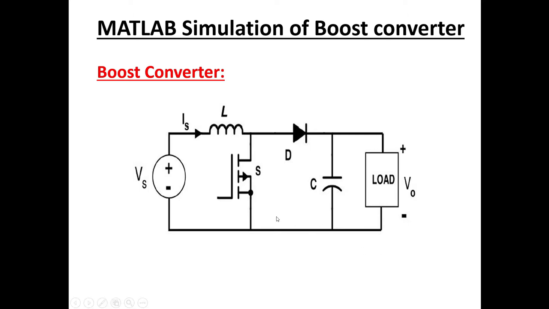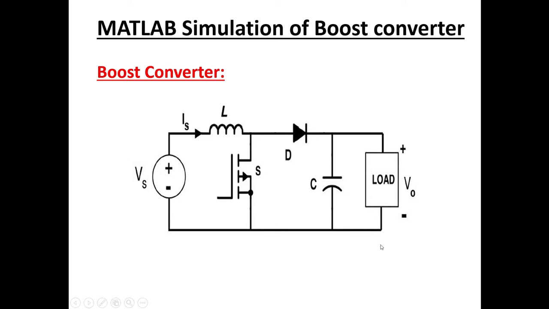For this converter, same as the buck converter, we need only an inductor, one power electronic switch, a diode and a capacitor, also a load. To control the power electronic switch, either we can use MOSFET or IGBT. To control the power electronic switch, we are placing a pulse generator. We can control it with the help of duty cycle. By varying the duty cycle, only we can adjust the voltage levels.